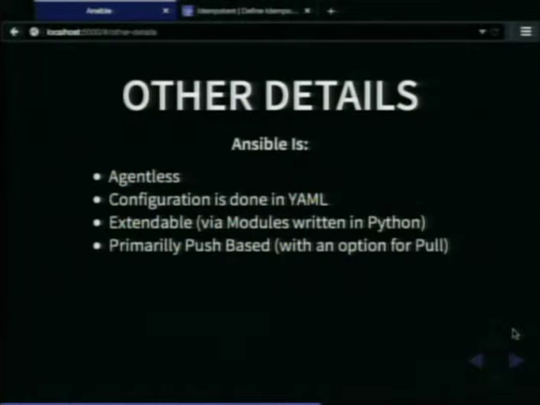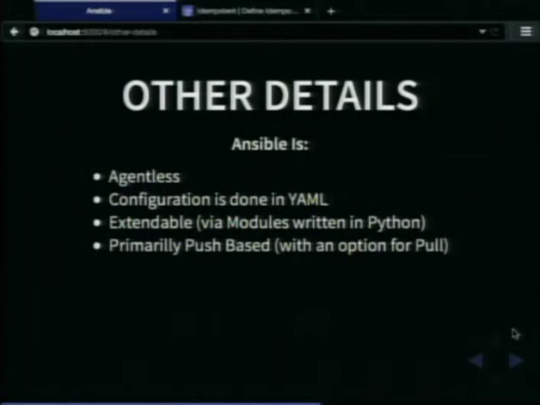Ansible is agentless, another amazing feature. When you spin up a machine in order to configure it or control it with Ansible, you install the dependencies I mentioned. Got to have SSH, got to have Python. That's all. There's no Ansible piece of software that goes on the machine. It's just using SSH and Python to get done what it needs to.